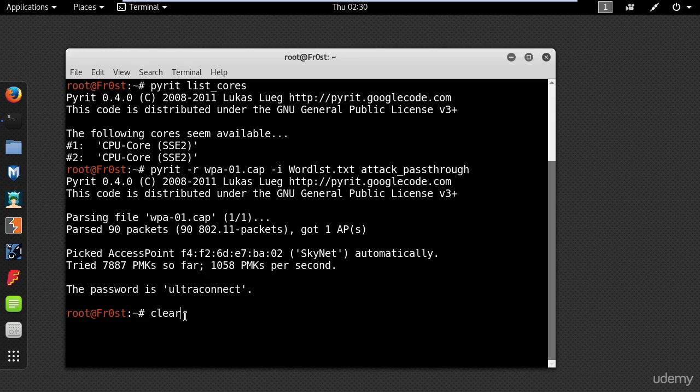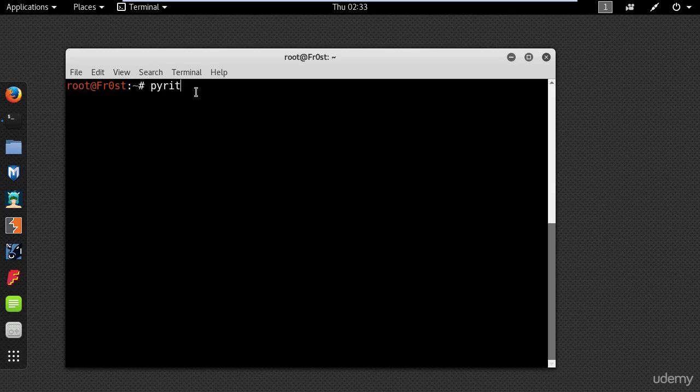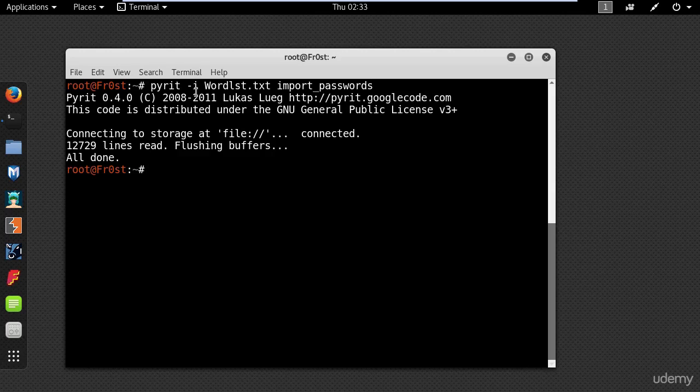So go ahead and type pyrit -i and your password list, and then import_passwords. And now it's going to import all the passwords from the file into the Pyrit database. Next you need to add the SSID of the network using pyrit -e and the name of your network, and then